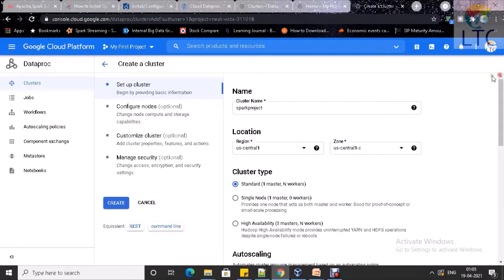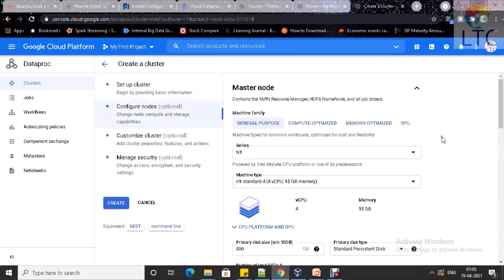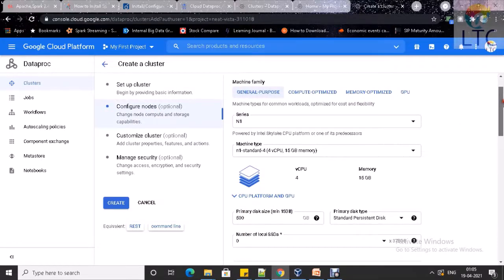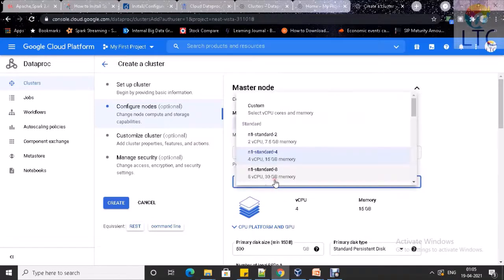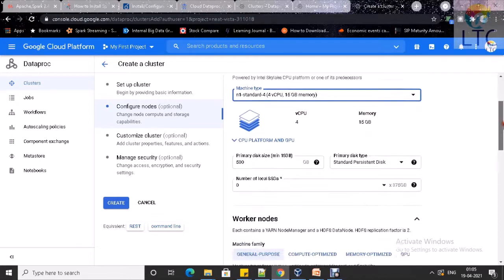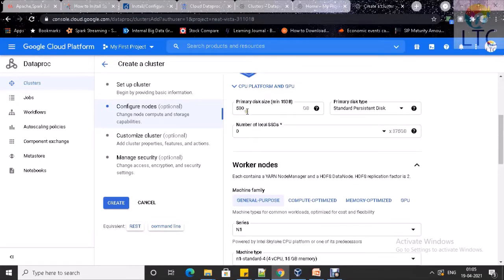So we have to set up a cluster. Now we'll configure it. Configure in the sense, first is the master node information. In the master node we need 4 cores and 15 GB RAM. We don't need 500, 100 is enough.